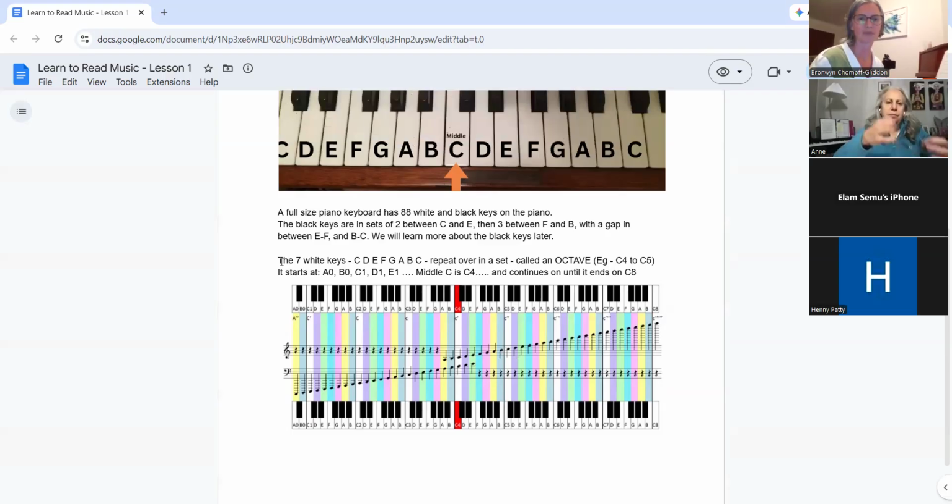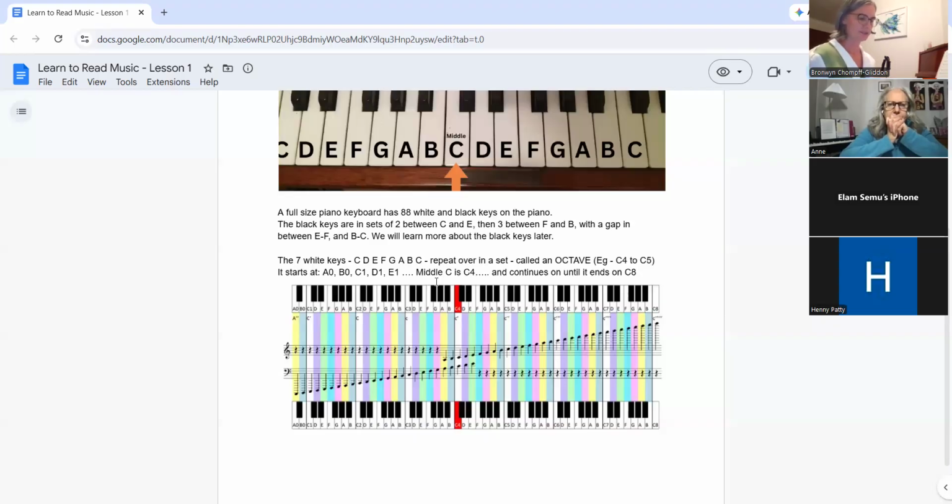But with this one, we start at A0, and because the notes repeat over and over again each octave, so that you can know exactly which note you're talking about, you've got the note name and then a number. So A0 is right at the very end, at the bottom,